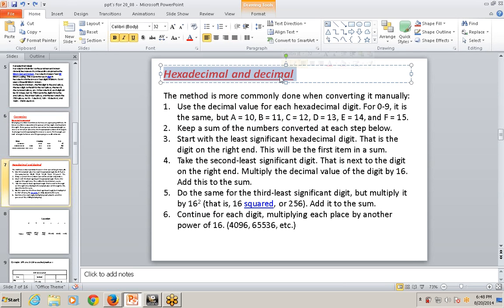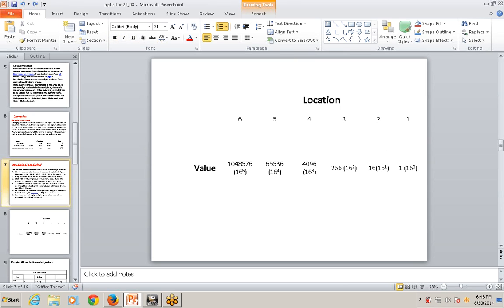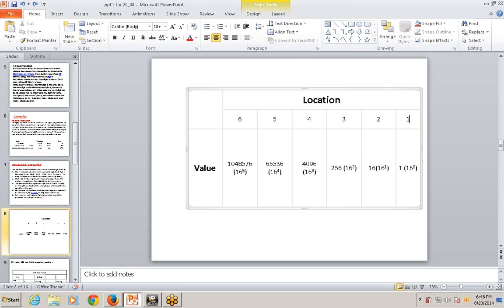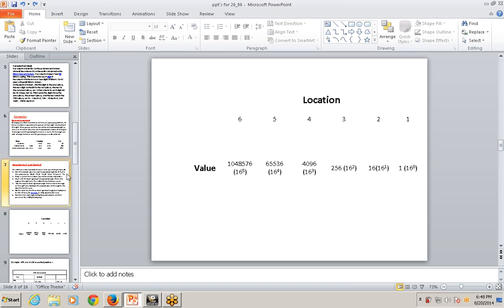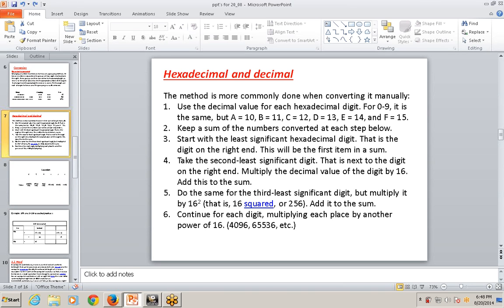Now next is how we can convert hexadecimal to decimal. This is the same scenario. The first digit is denoted by 16 power 0 into 1, then 16 power 1 at the second location, third location, fourth location, fifth, sixth and so on. So this is the method how we can convert hexadecimal to the decimal number system.